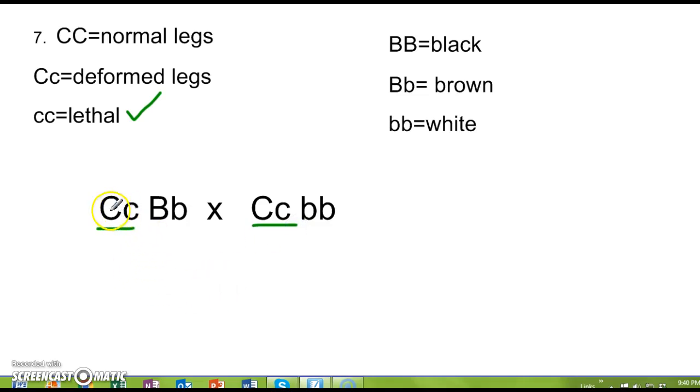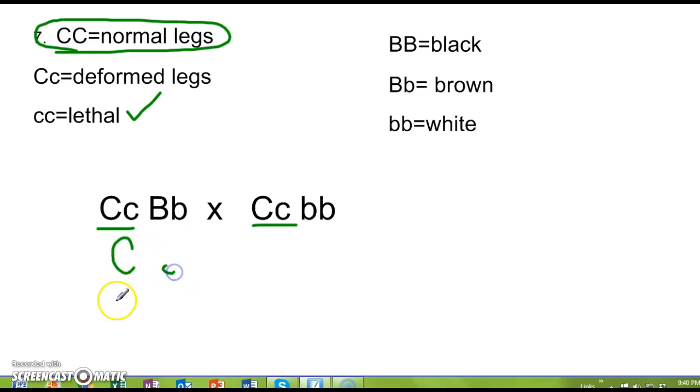And so if you just take that, ignore the B's for right now. So cross the C's in the Punnett square, and we want to know the probability of giving normal-legged rabbits, which if we use our key here, we're looking for this. And so I'm going to go ahead and draw the Punnett square so that you can see how the fractions are going to be a little different. So there's our normal rabbit. Here is a deformed-legged rabbit,